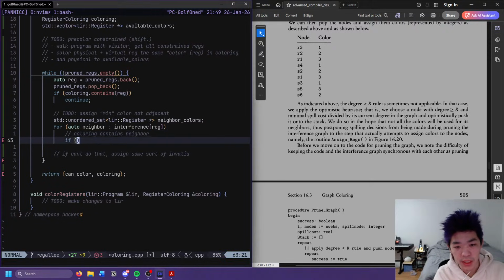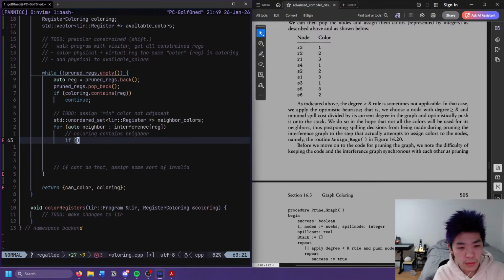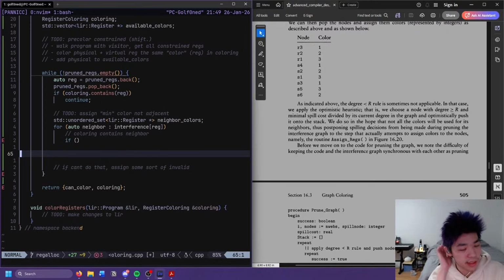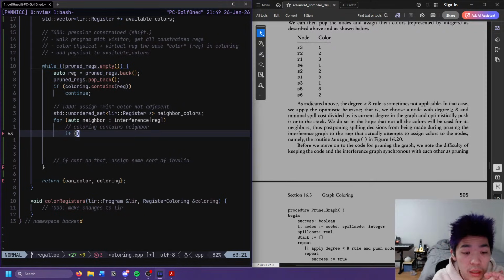Yeah, so we'll just assemble this set, and then we can use that to figure out what the first unused physical is, I guess. This is so clunky.